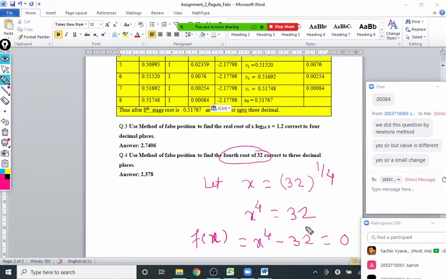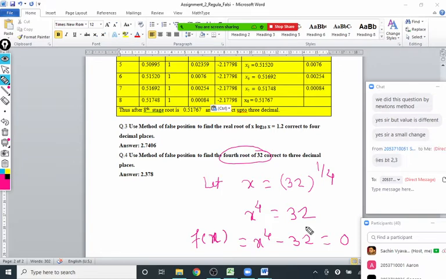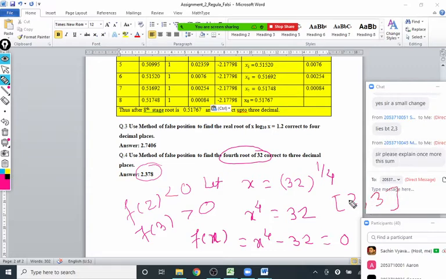So we can go by this false position method. We have to take two consecutive values where f(x) is positive and negative, and we already observed if you use a calculator, yes, correct, 2 and 3, very good, because 2.3 is there, so it indicates this is in between 2 and 3, so your f(2) and f(3) will have opposite signs. I think f(2) will be less than 0 and f(3) is greater than 0, so we can say the root exists in the interval (2, 3), and then you can proceed.